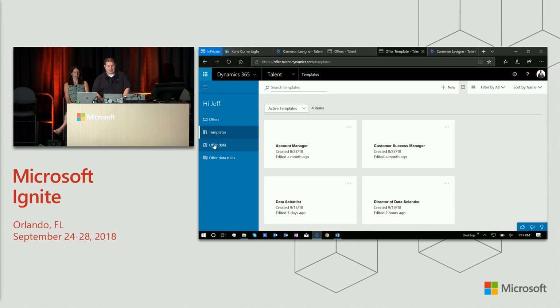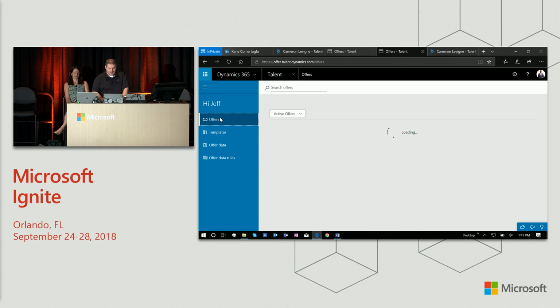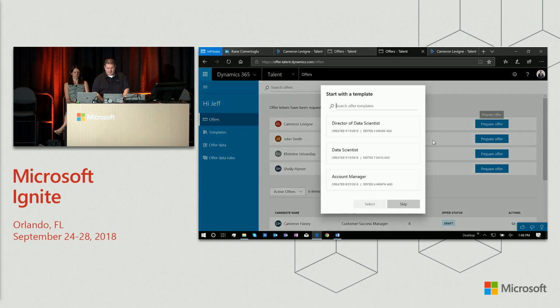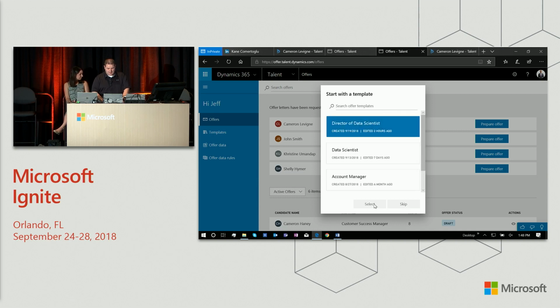The templates can be managed and ensure that you're managing the compliance around how your offers are going out. You could also create one single document, or I could create multiple documents and package them as an offer package and send that whole package to the candidate for signatures as well. So we're going to go ahead and select that Director of Data Scientist template, and we'll see